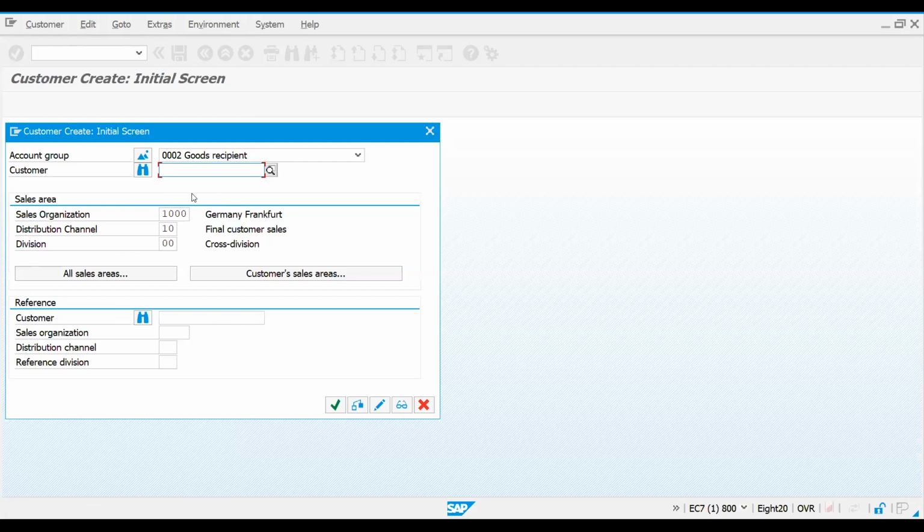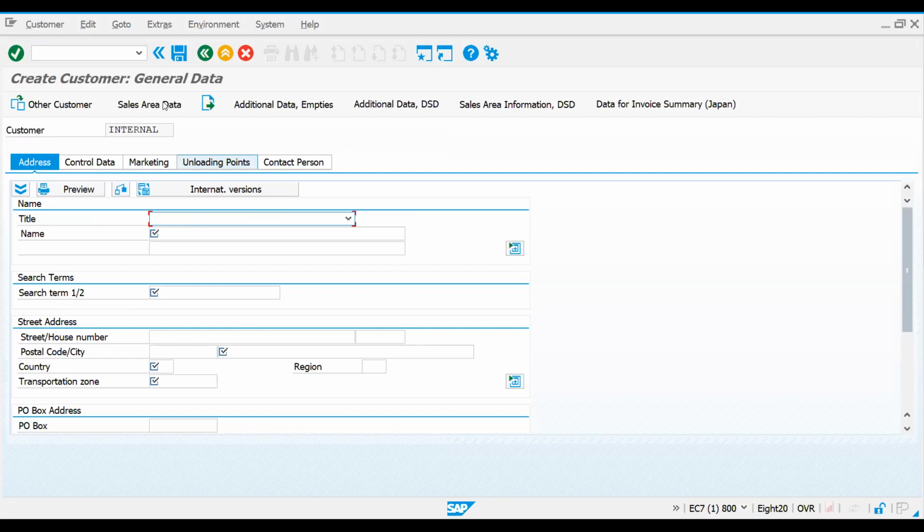So that means by using VD01 you can maintain sales area data along with your general data. General data is very common for your centralized data and your sales area data. Let me enter this. What are all the tabs you can find?